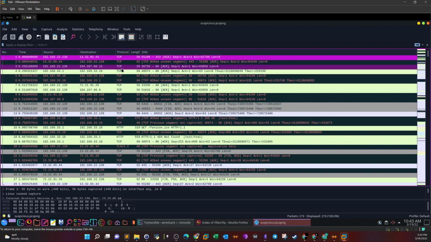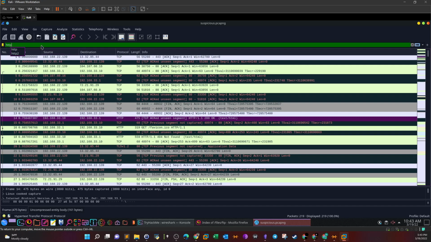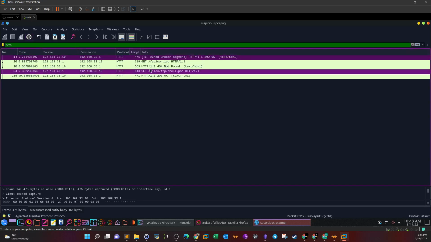So we have TCP here. As you can see, we have HTTP. Let's filter for HTTP packets. And we have four. Take a look at this packet. So someone is trying to retrieve a file called shell.php. So this means that someone has uploaded another shell, different from ours, right? If you follow the TCP stream here,